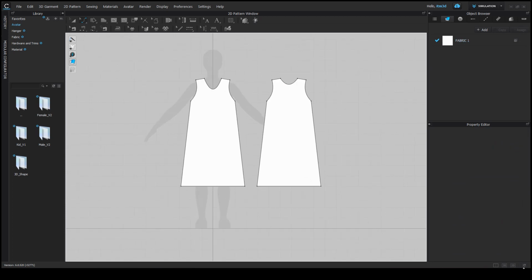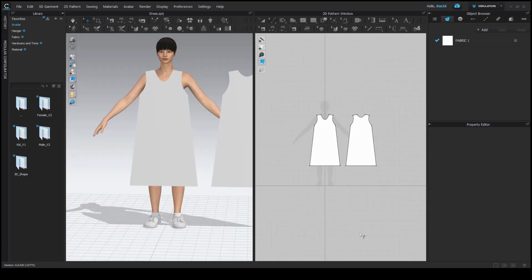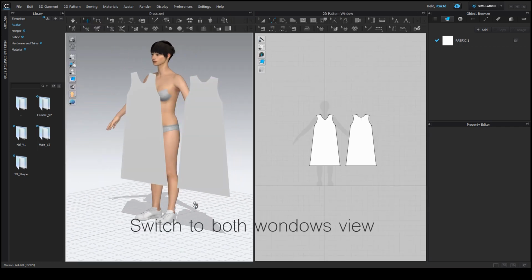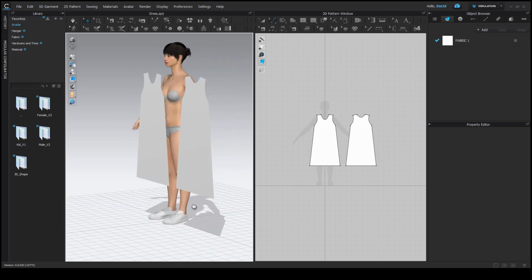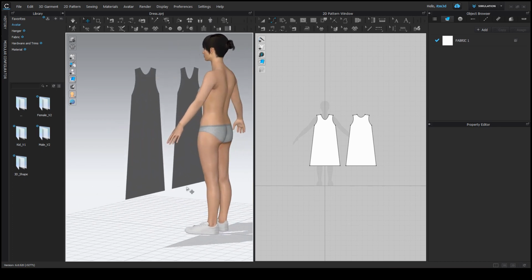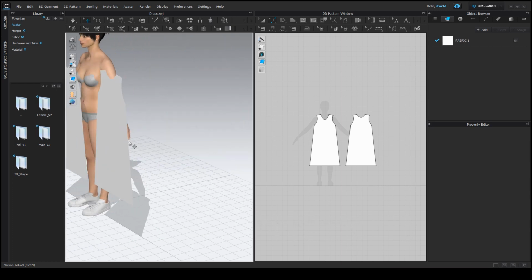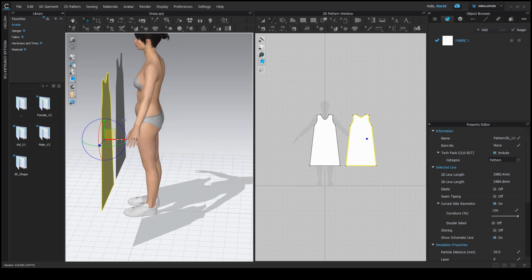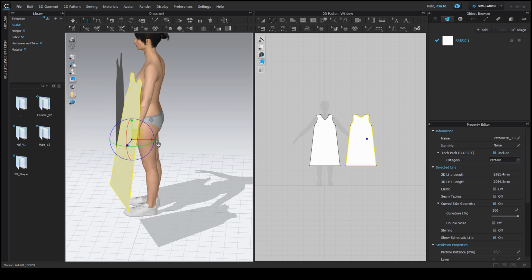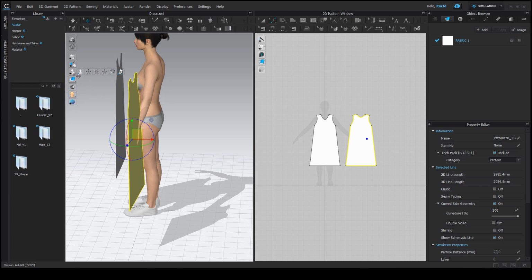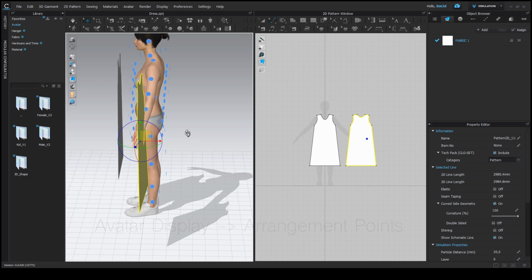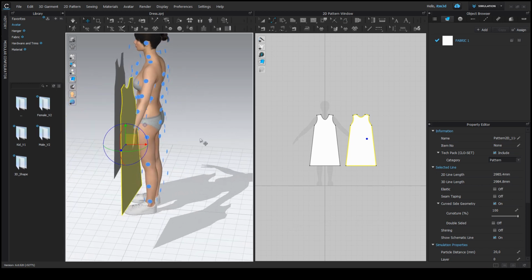So now I will switch to the 3D window. Here you can see both of these patterns are placed over there, and now I want to position these patterns on my avatar. We can move the patterns into position by clicking it and clicking the arrow, and pressing these circular lines, and you can rotate them, but there is a simpler and also very effective way. We just go to avatar display and then select the arrangement points,